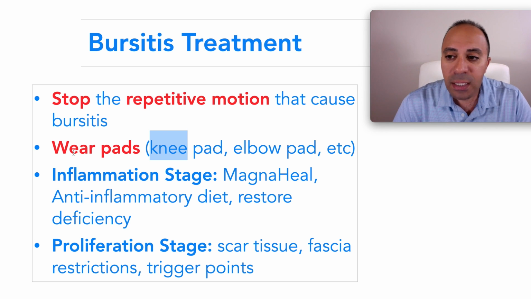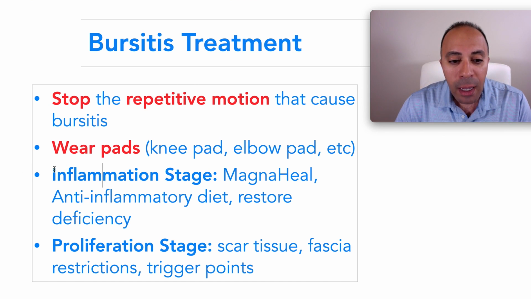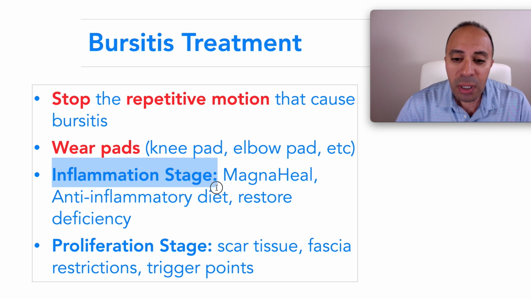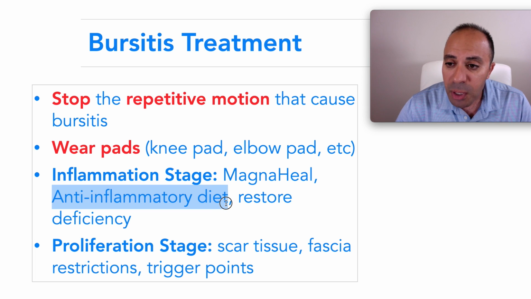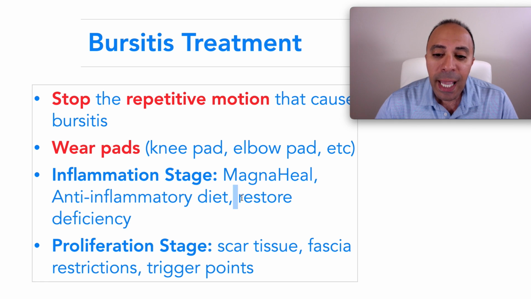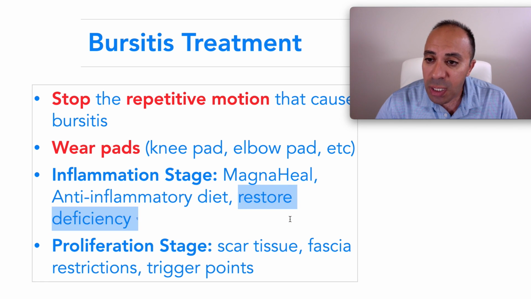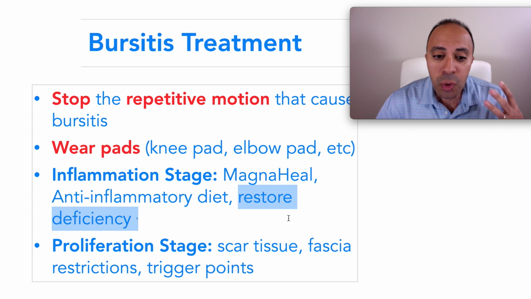So if you are in chronic inflammation or chronic bursitis, you need to start working on intervention, which includes the MagnaHeal. In the patient program, I include the anti-inflammatory diet. And if you have really severe chronic inflammation, I recommend asking ASTR to see if you have any deficiency, because if you have a deficiency like zinc, magnesium, C, B, D, your body is not going to move properly from inflammation